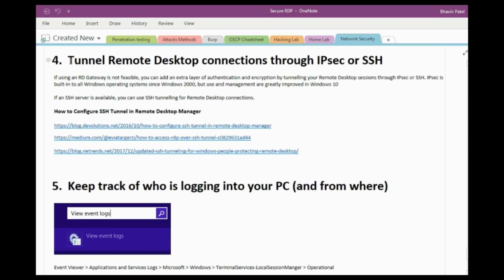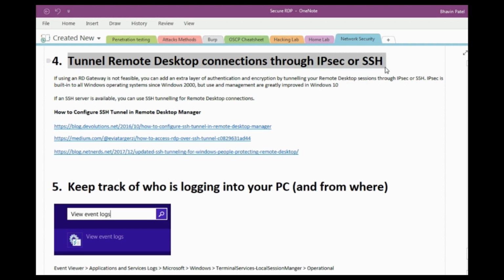Now let's discuss tunneling the remote desktop connection through IPsec or SSH. If using an RDP gateway is not feasible, then you can add an extra layer of authentication or encryption by tunneling your remote desktop connection through IPsec or SSH.